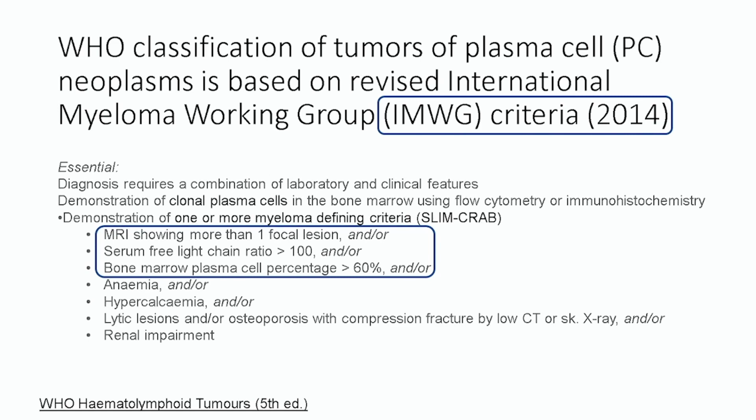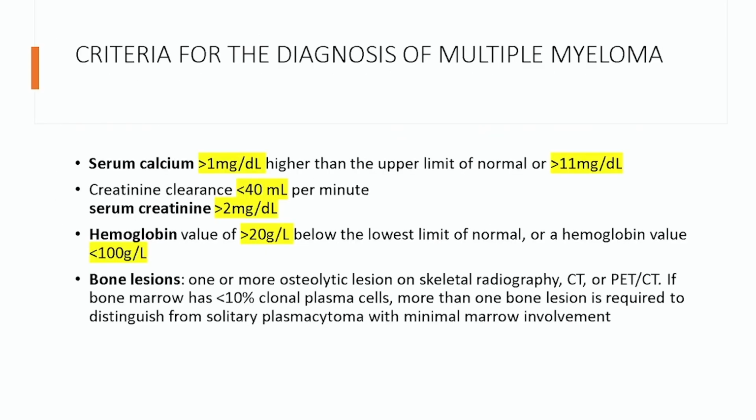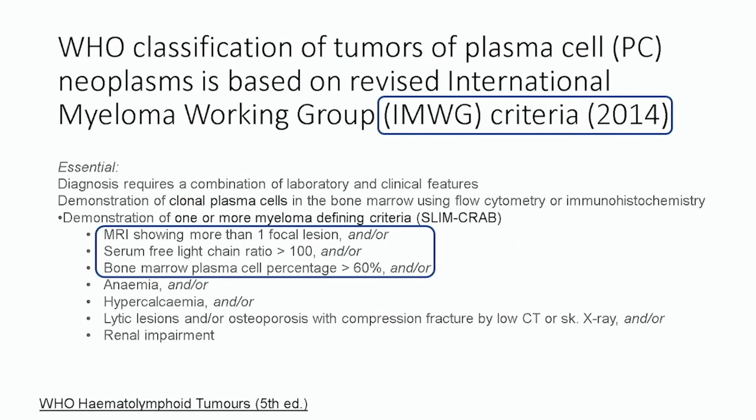As we are all familiar, those criteria are well defined by specific cutoff points for calcium, creatinine, and hemoglobin, for example. And just like we have corrected serum calcium for patients with renal failure, now since they added the free light chain as one of the criteria of over 100,